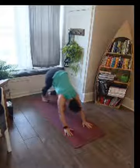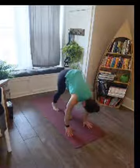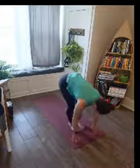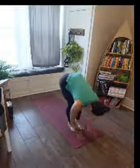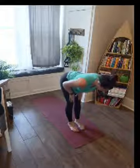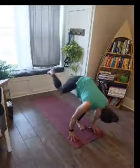Start to take baby steps to the top of your mat, feeling through your feet, feeling through your hamstrings and your calves, making your way all the way up back to your forward fold. Inhale, finding your half lift. Exhale, fold. Planting the palms, this time stepping your left foot